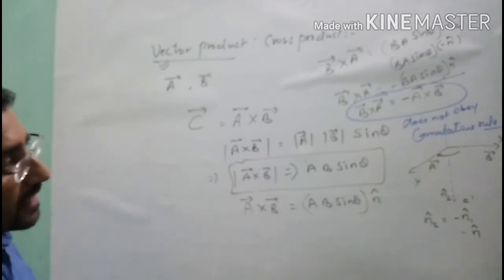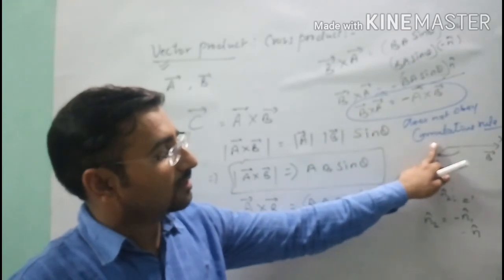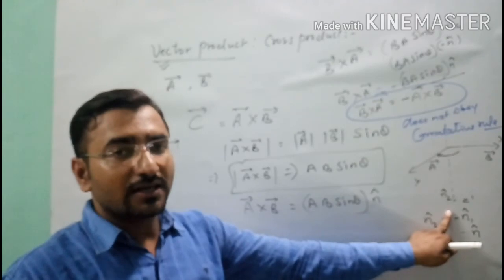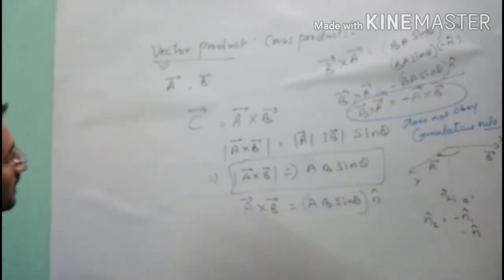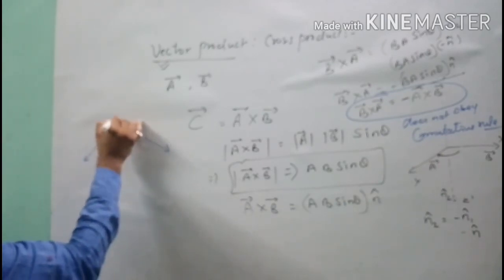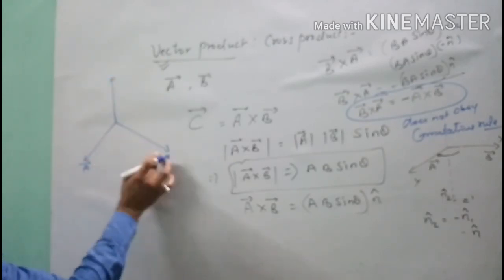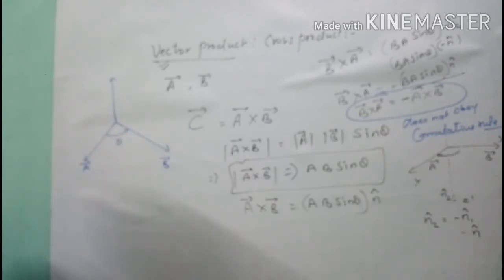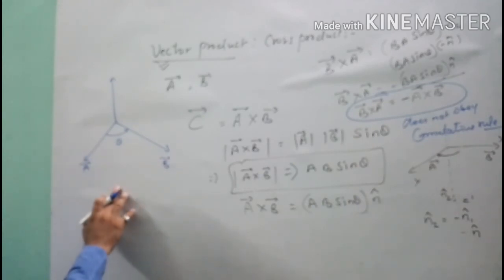So here the direction for A cross B is vertically upward, means the Z direction, and this one is the Z dash direction for the cross product of B cross A. And if you want to write their diagram, you can draw it and you can see this diagram in your books. Suppose vector A and vector B are represented by these two, and we are rotating at a small angle theta from vector A to vector B with the help of a screw.